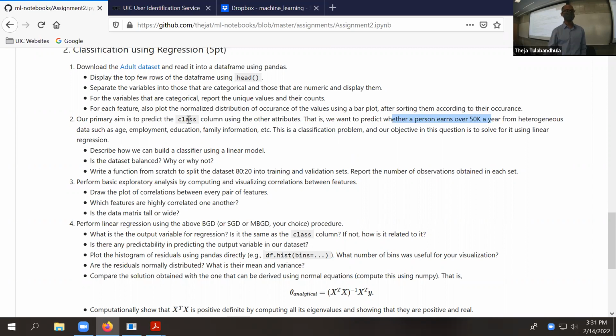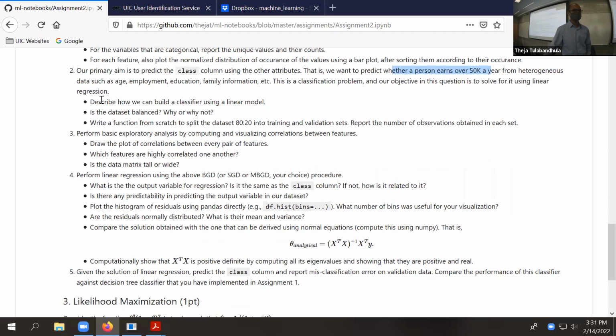So for example, because it says whether a person earns over $50,000 or less than $50,000, you can just map them to a couple of numbers, and so you have now a numeric target, and so you can use linear regression. And so that's what question 2 is asking. Hey, can you use linear regression? How to use linear regression is just a one-sentence or two-sentence answer, and then some other questions like balance. Is the data set balanced? And so on.